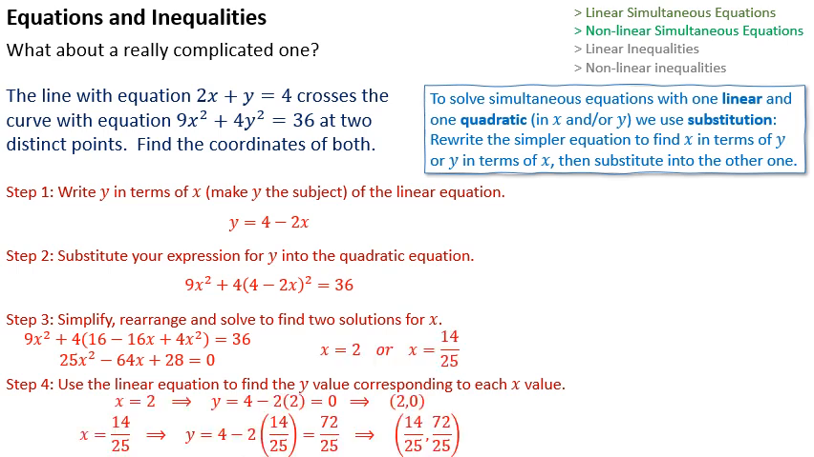And then we'll get solutions x equals 2 and x equals 14 over 25. And each of those solutions corresponds to a y value, which we can get just by looking back at what we had in step 1, y equals 4 minus 2x. That's the simplest way to get the correct corresponding y value. Once you've got those,